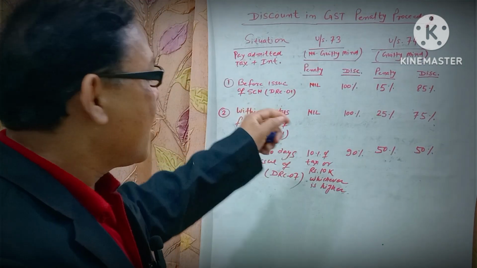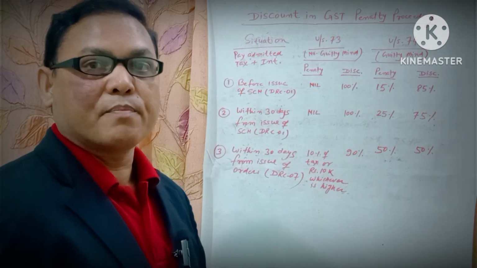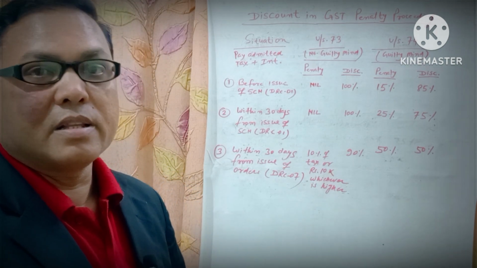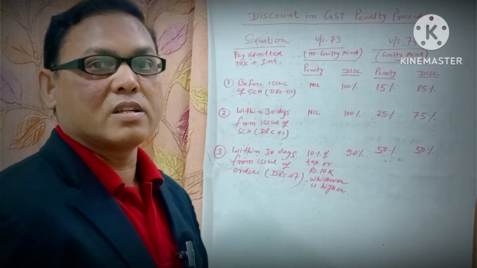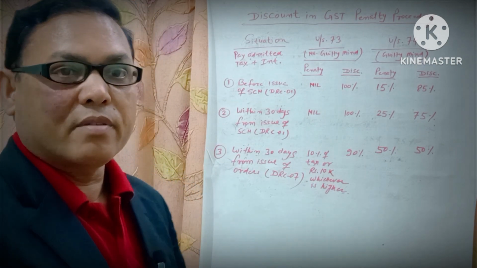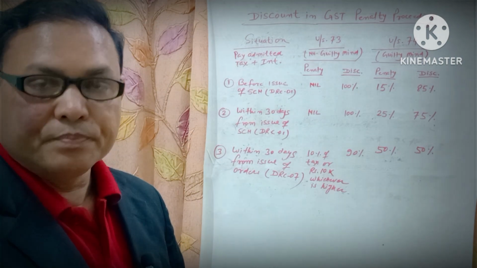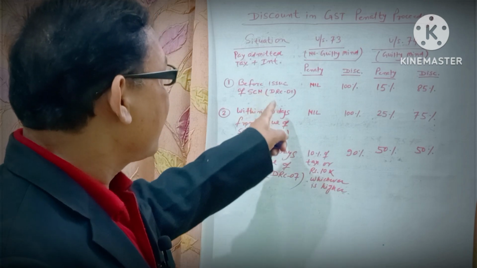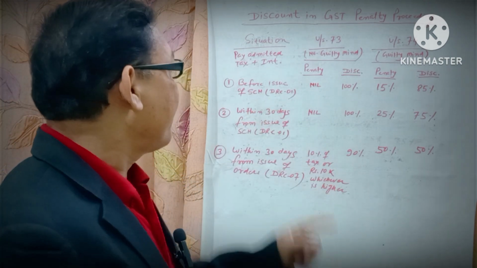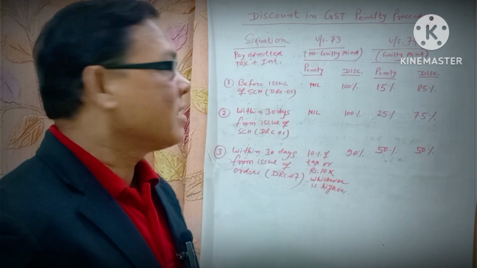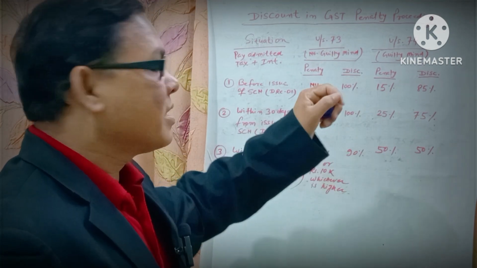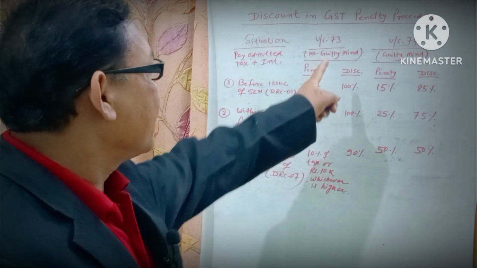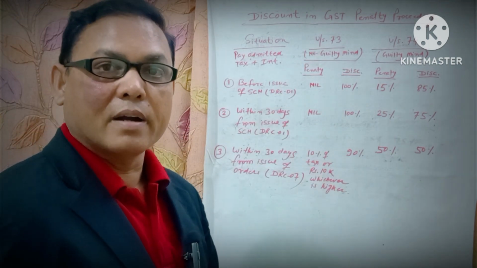So in the first situation, if any taxpayer realizes himself, or after getting a communication from the department, that there is an offence such as ITC wrongly availed, refund wrongly claimed or short payment of tax, and before issue of this DRC01 he pays all the due tax and interest, then under section 73 there is no penalty. That means you can avail 100% discount for the penalty.